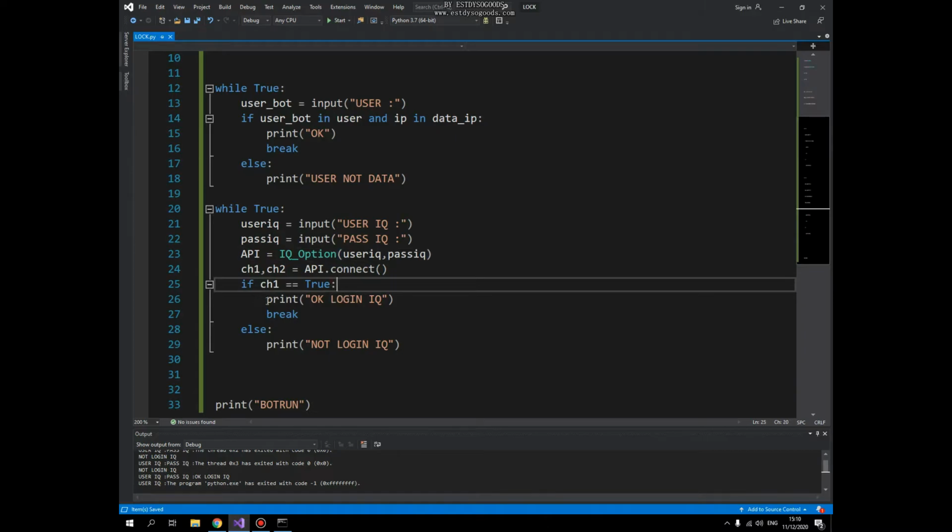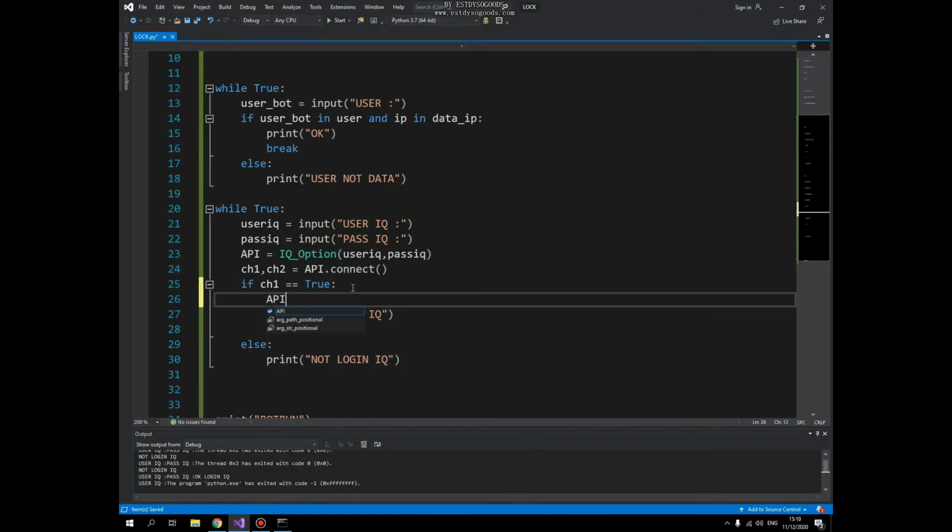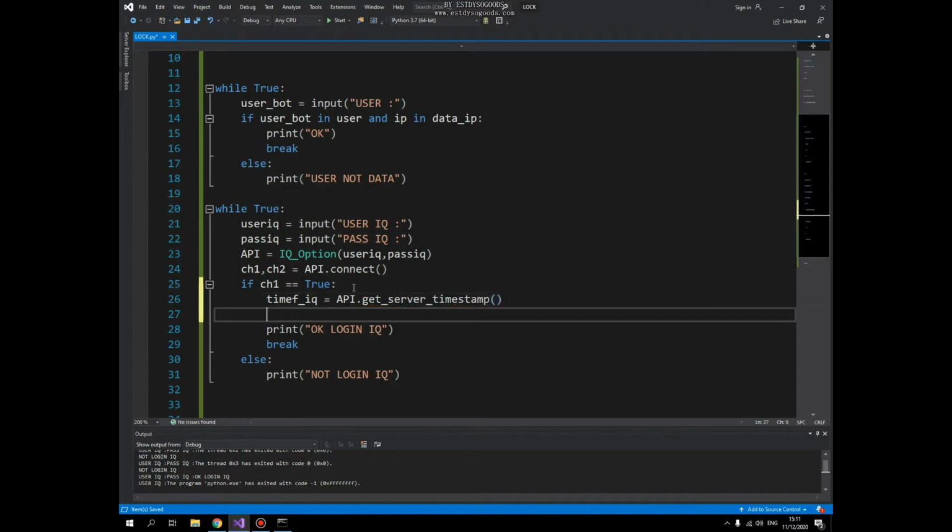Everything. Okay, I'm rechecking it. Okay, start with time FIQ is equal to API.getServer timestamp and brackets. Then FM for format, to form time that is understandable. So FM time IQ equal to